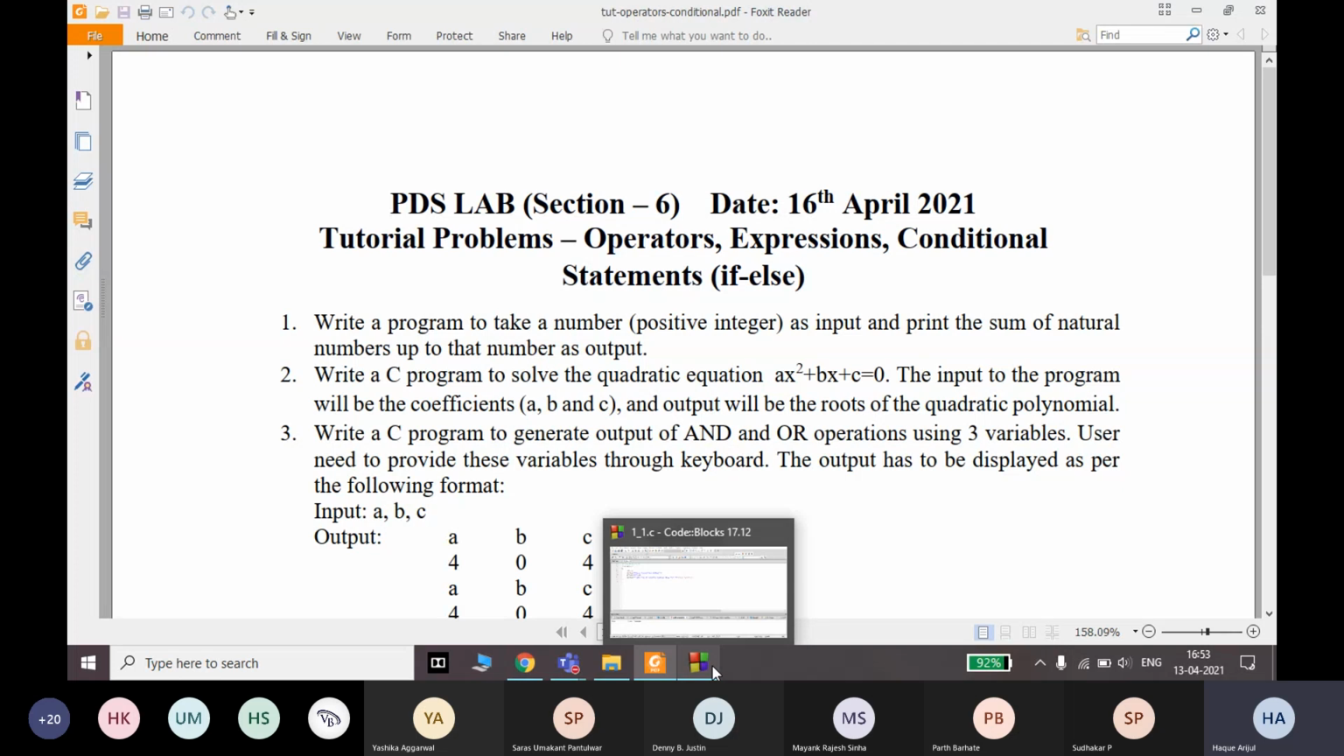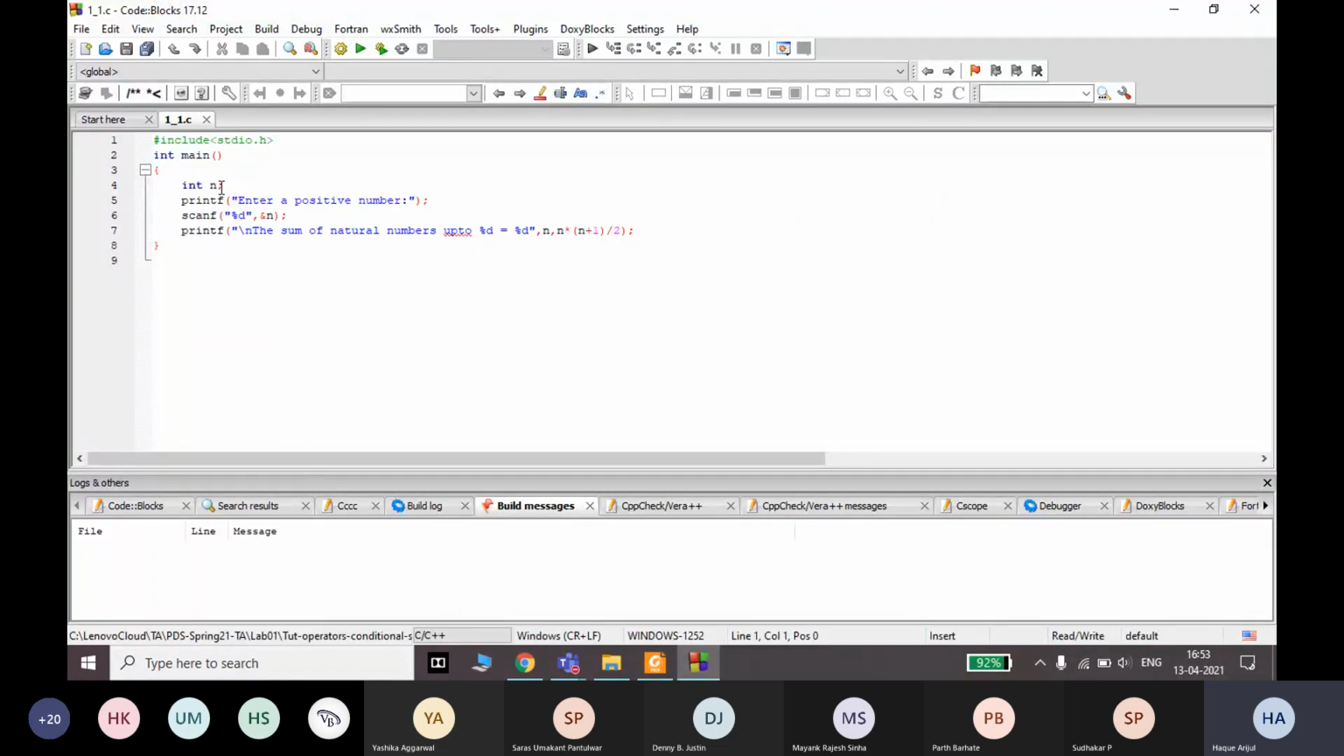So first of all, you have to declare a variable n in order to take the input, then prompt the user to enter a positive number. Then you write scanf to take that number from the keyboard, and then you can simply print the sum of the natural numbers up to %d is %d. So